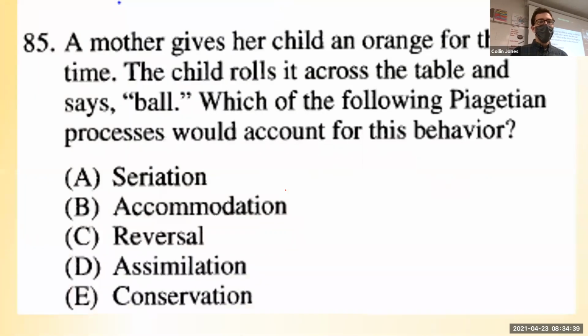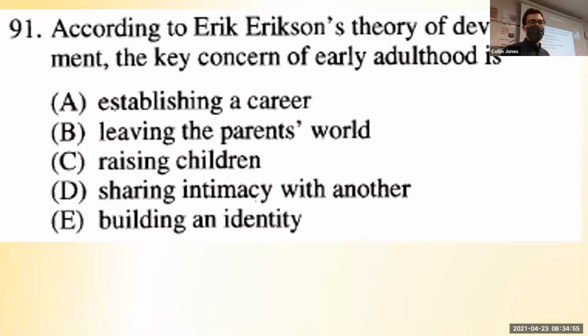Two more. Mom gives a child an orange for the first time. The child rolls it across the table and says ball. Is this kid being smart or stupid? This kid's being stupid. So the answer here is going to be, 1, 2, 3, D, assimilation. Stupid baby. The final one, Erikson, according to his theory, in early adulthood, so like in your 20s,